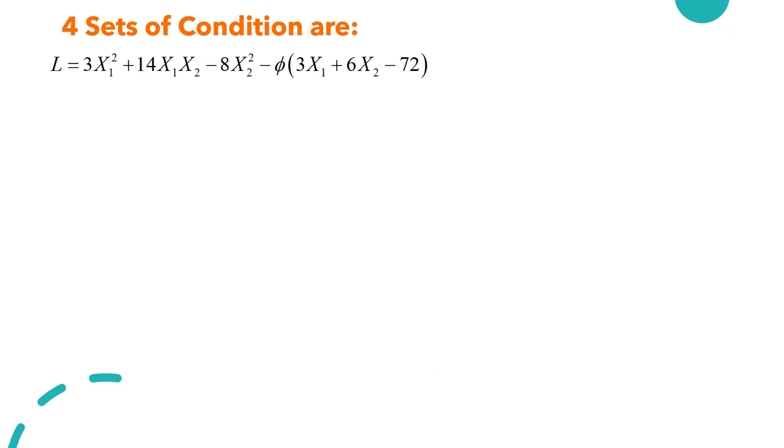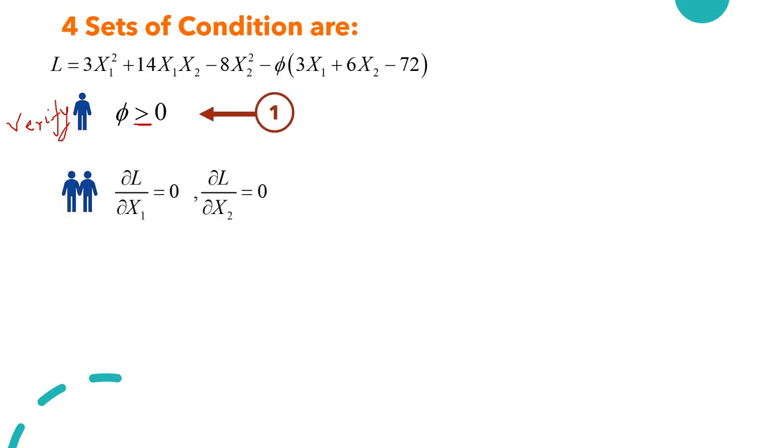So the next one, we'll go for the conditions. There are 4 conditions here. The first one, phi is greater than or equal to 0. So that is the first condition. Anyway, we are not going to use this. It can be used for verification purposes. To verify a particular problem, we can use this function.